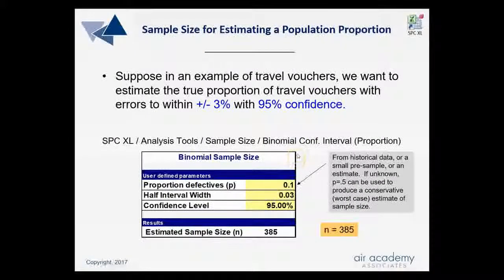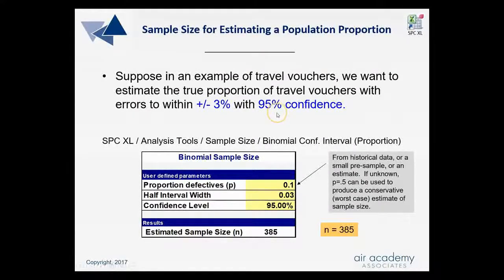What about for estimating a population proportion? Well, we have the same kind of menu item, interface items that we have to specify. And suppose that in a travel voucher example, we have many travel vouchers that we're processing, and we have errors in the travel vouchers. And let's say that we would like to estimate the true proportion of travel vouchers with errors to within 3%